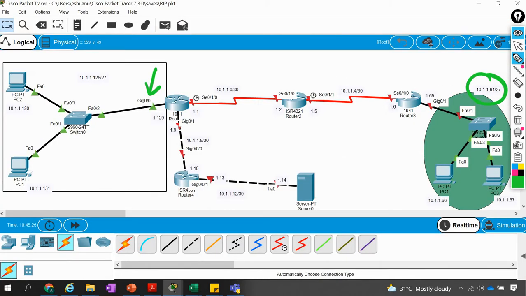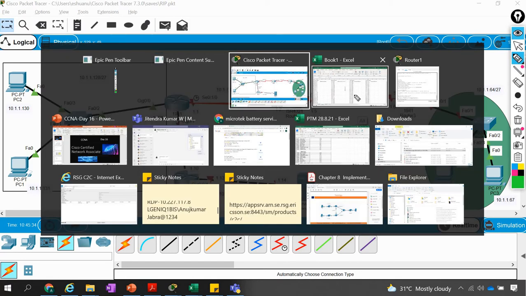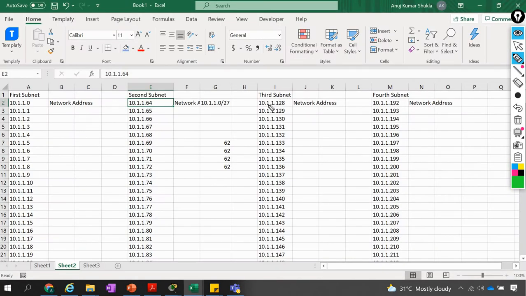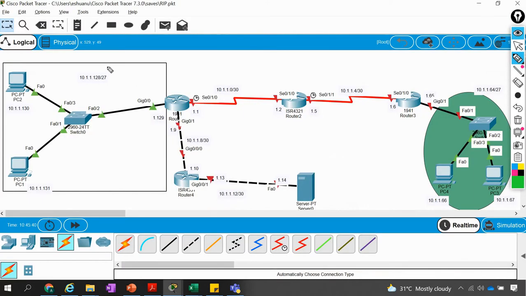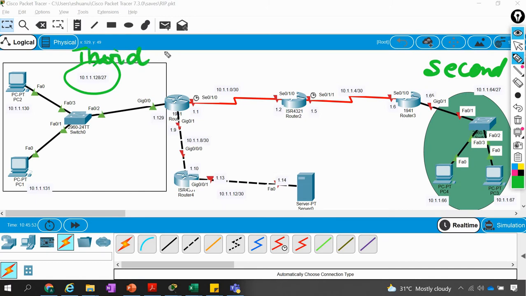And the third subnet, 10.1.1.28, I'm using here, as you observe. So the second subnet I'm using here for all 62 IP addresses, and the third subnet I'm using here.